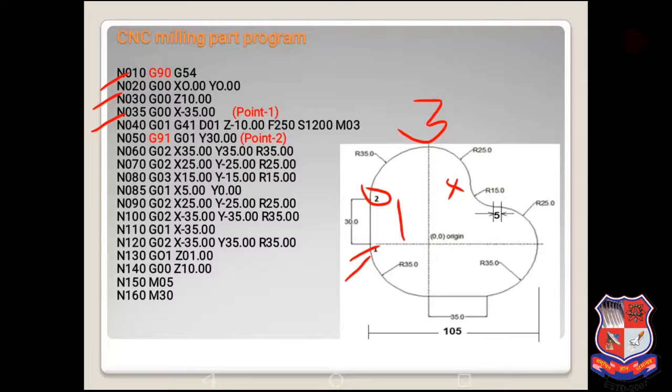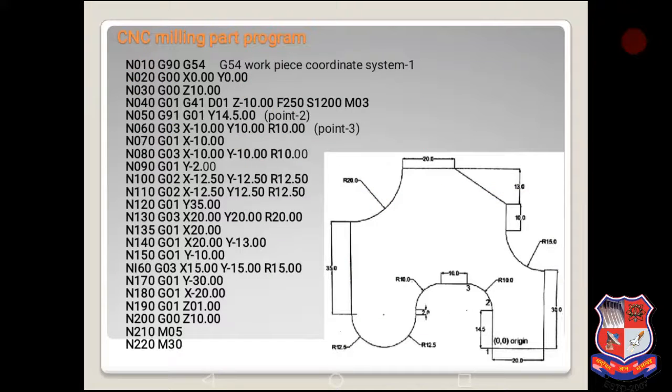So the difference in this program from the previous one is the origin, which is given in between the parts, and the second one is we can change the programming mode at any point if we feel the geometry is simple or complex, or for the convenience to save time. This one is another part program. By looking at the drawing,